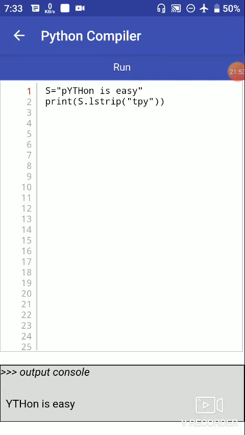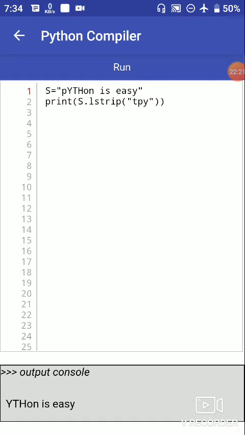When we use TPY, it gives us YTHON. It means it did not recognize the lowercase t and lowercase y, and the interpreter only removed the P which it found in the string.